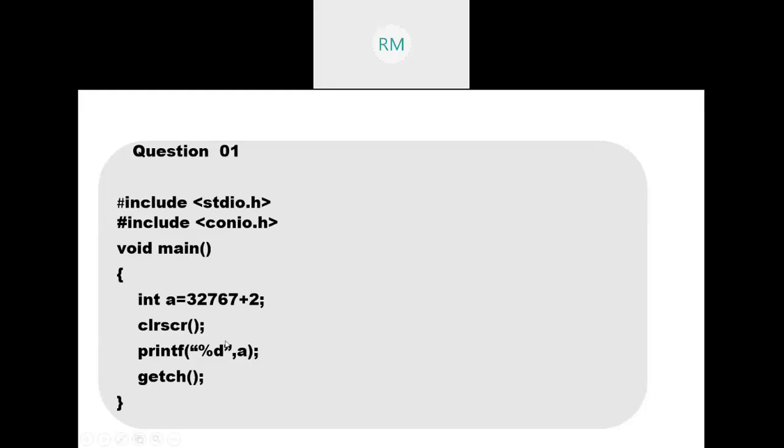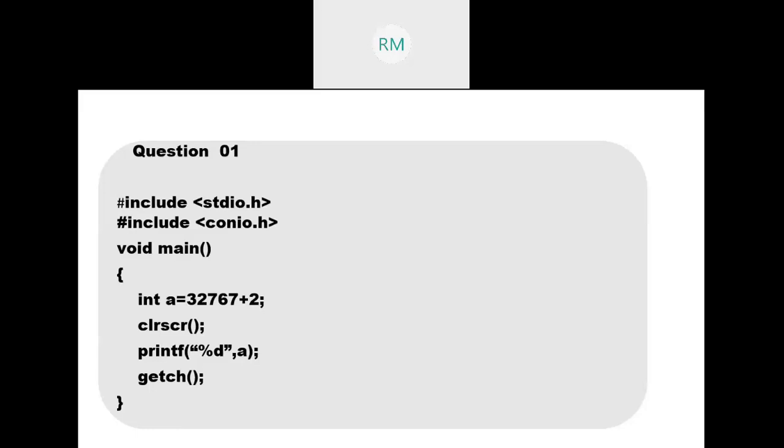So actually what happens, it won't generate any compilation error. First it will evaluate this one, because at the right side of the assignment operator we have an expression, that means addition operation. First it performs the addition operation, the value will be 32,769. But a is of what type? Integer type. It cannot hold that value, it is out of the range of this integer value. Then in the positive range, it is out of range, so immediately it jumps to the negative range. Okay, clear? It oscillates between the positive range and negative range whenever the value exceeds that particular range.